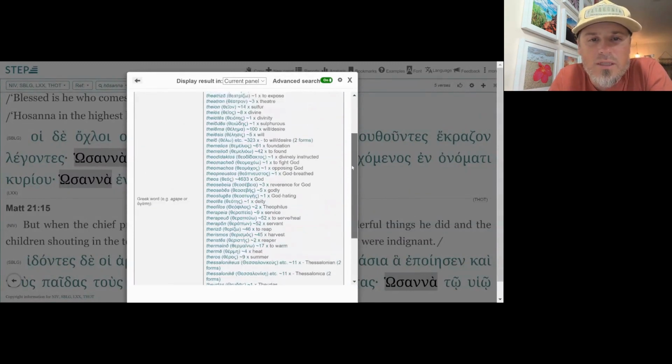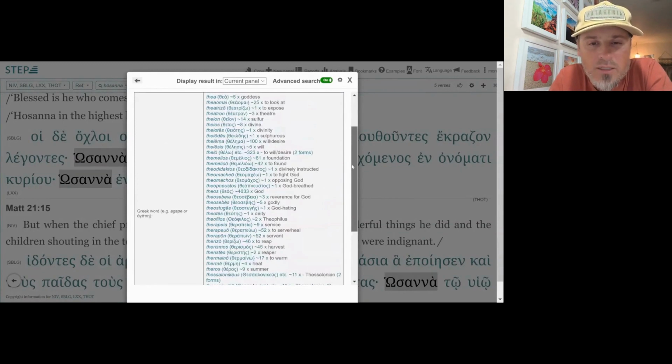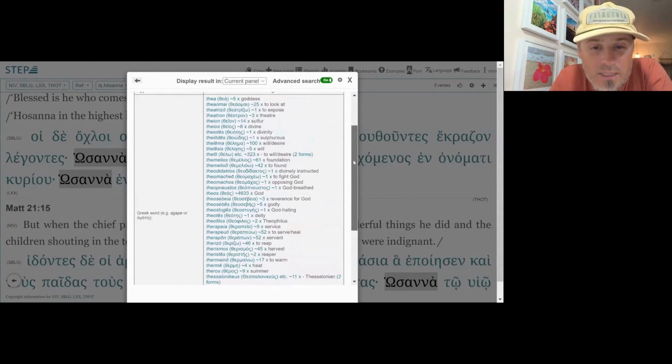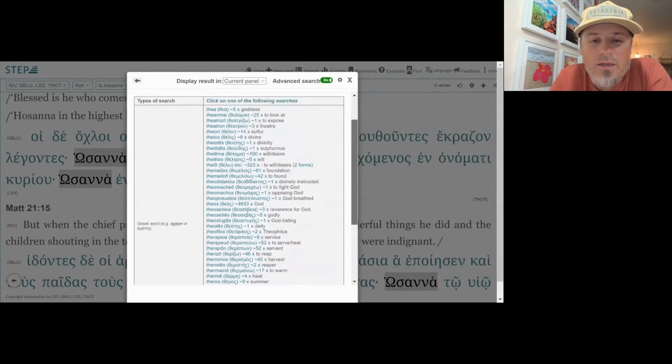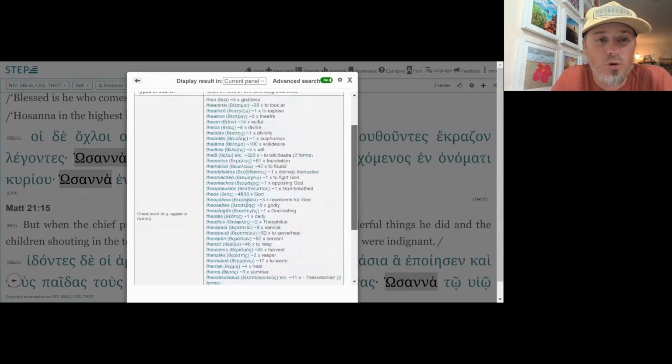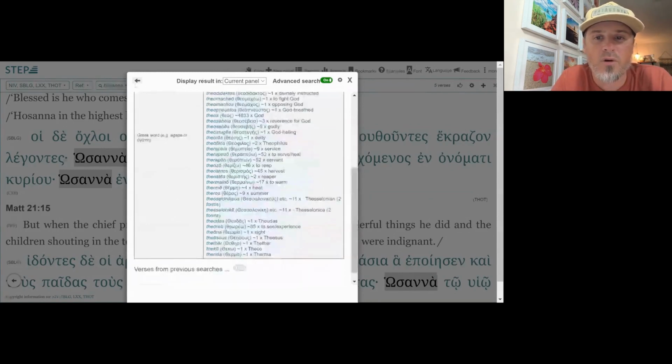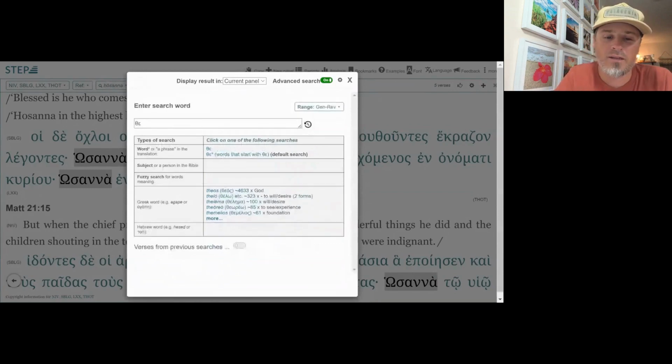So this is quite interesting. What I'm really interested in myself is the root θε, and so one way that I can maybe